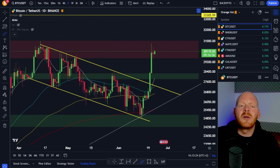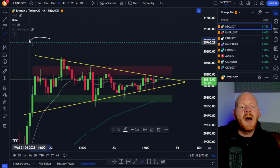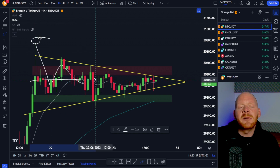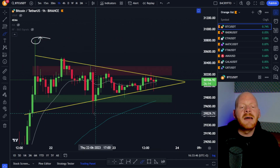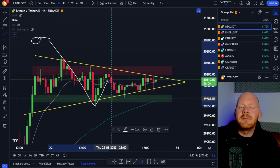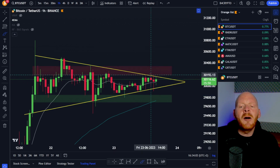So let's go over on the 4-hour chart. And on the 4-hour chart, we can see that the price movement of Bitcoin came all the way up to the $30,800, and then we saw the sideways consolidation. And Bitcoin has been going sideways since then. But we can see that the overall structure is quite bullish, because we can see we formed this high and then we formed this low round about the levels of $29,500, but we can see that the price movement formed this high, this low, and afterwards we could see that Bitcoin is still forming higher lows, and that is overall quite bullish. And we can see that we're in this range in between this resistance round about the $30,200 and all the way back down to the